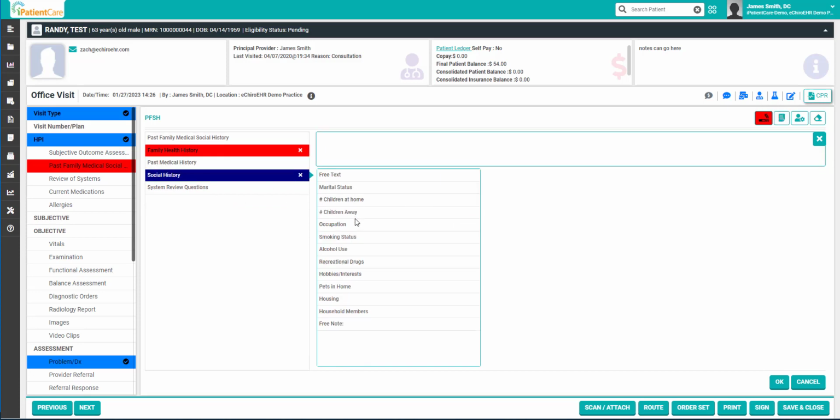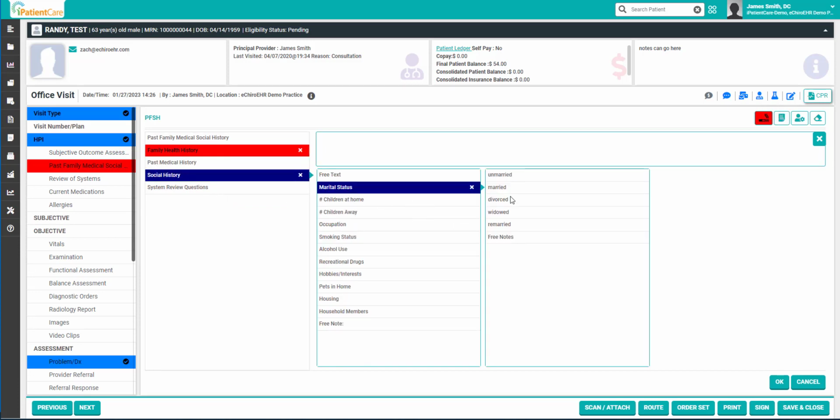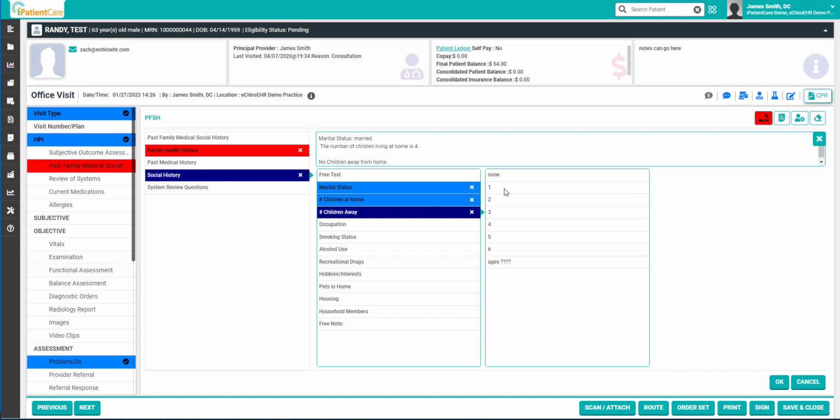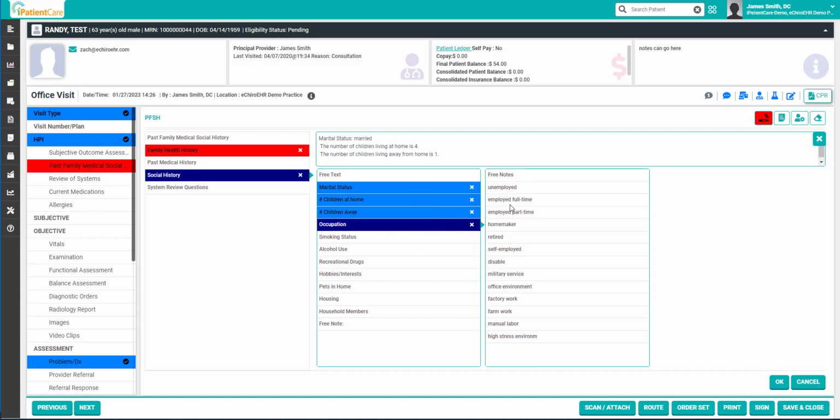Next, we have the social history and, of course, their marital status. How many children are at home? How many children are away? What is the patient's occupation? And so on and so forth. Their smoking status, alcohol use. And then, of course,